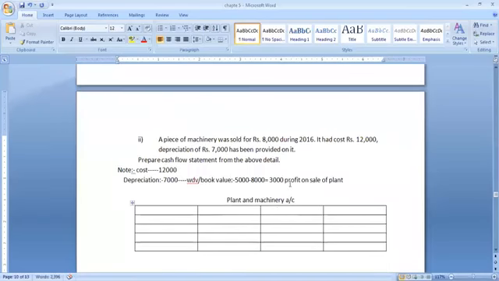So where do you take the profit? Profit is treated under the debit side of the respective account, as you apply the real account rule. Okay. So now prepare the